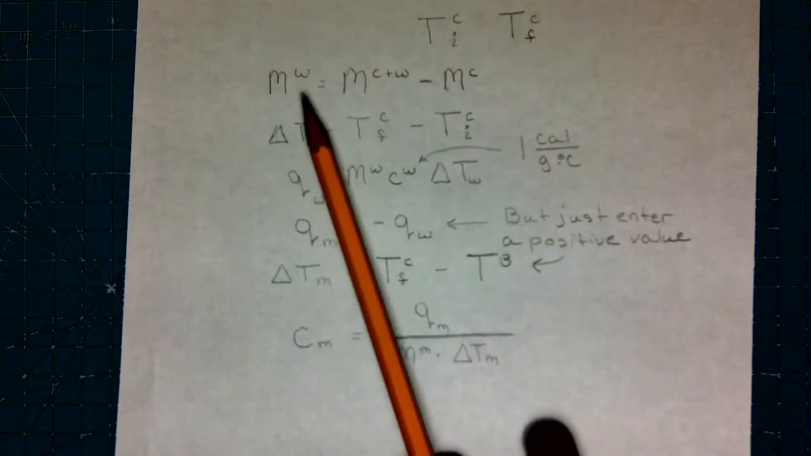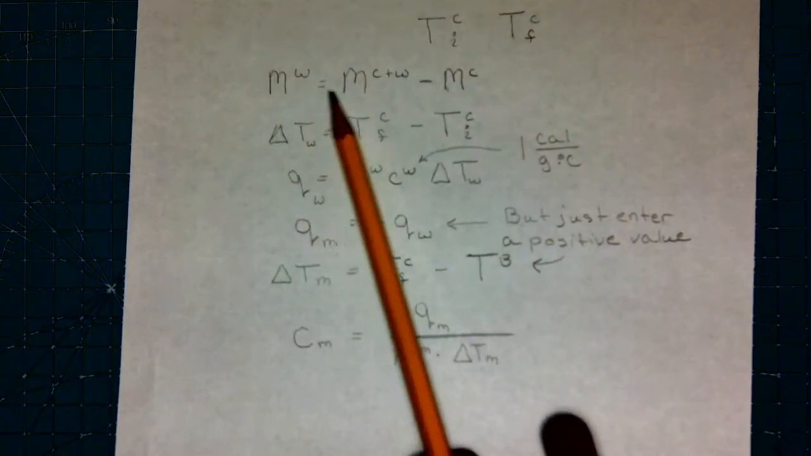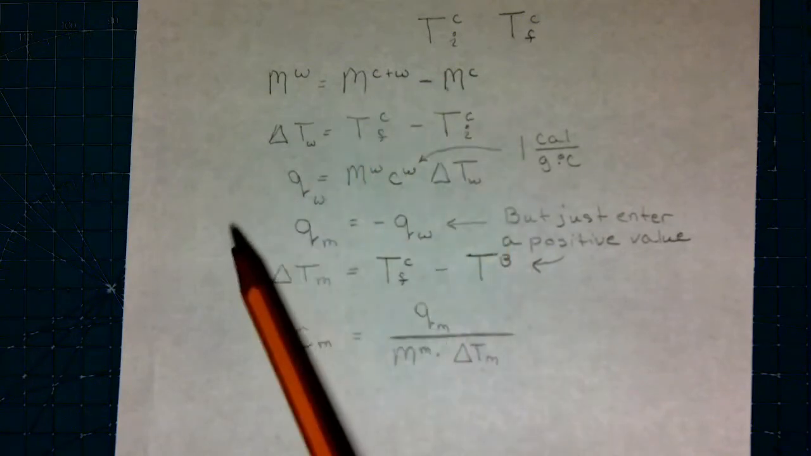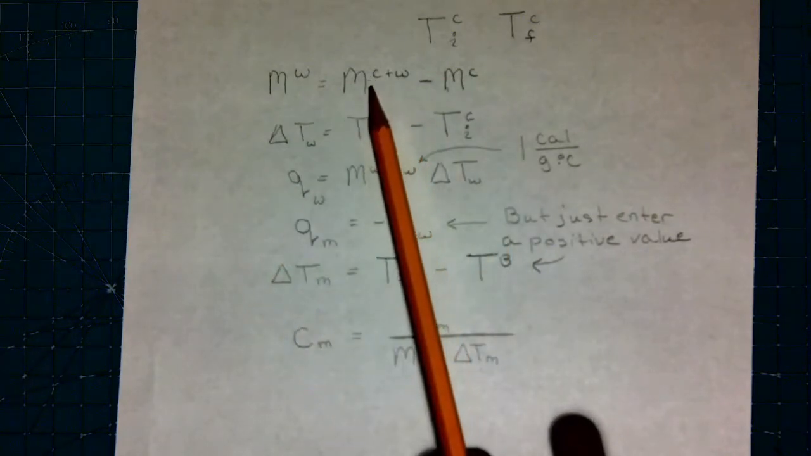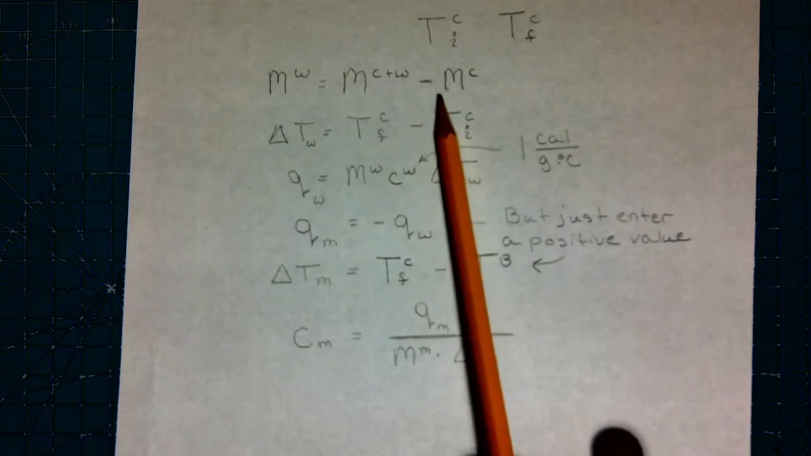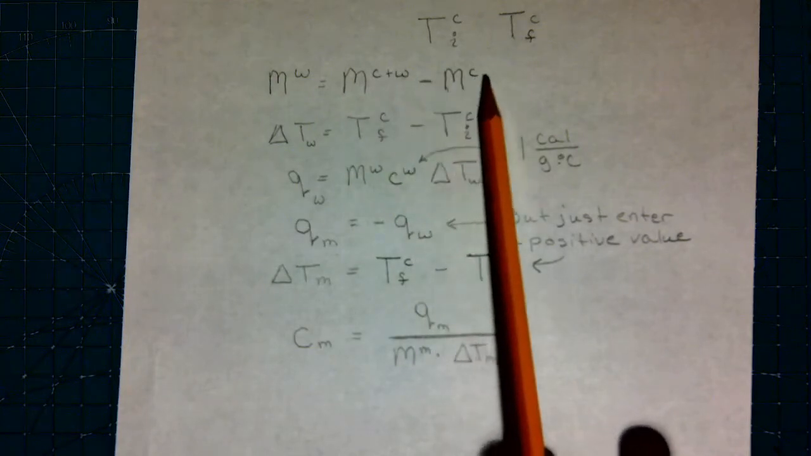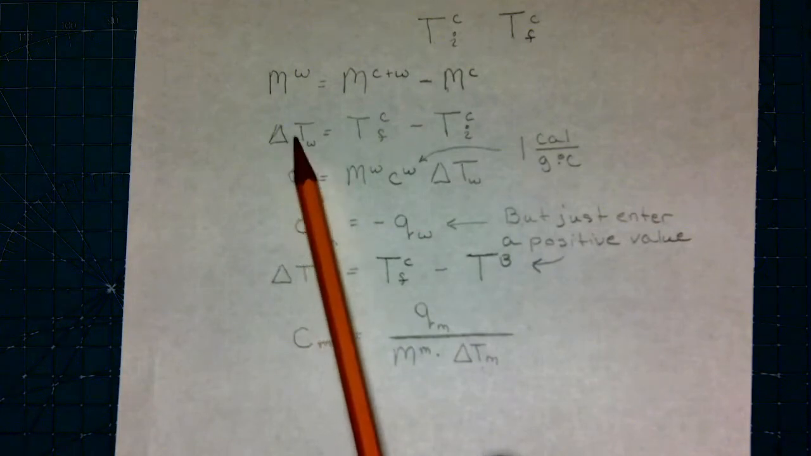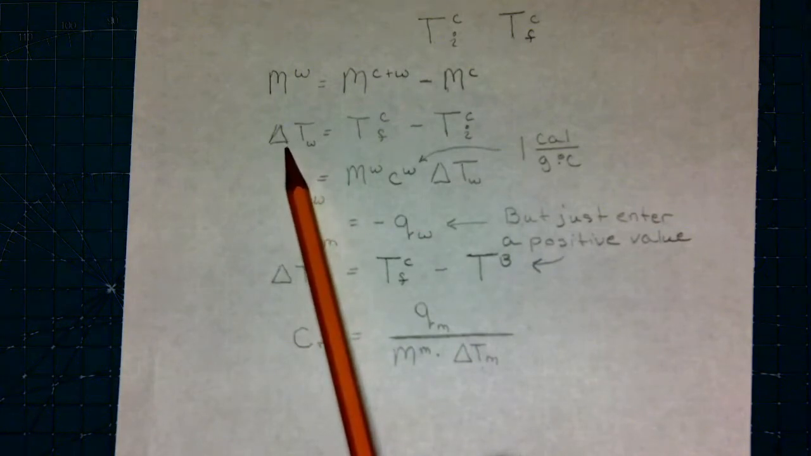First thing we're going to be asked for is going to be the mass of the water, and this is just our weighing by difference that we've seen quite a bit so far. We're going to take the mass of the calorimeter and the water, and we're going to subtract out the mass of the calorimeter. The next question that we're going to be asked is going to be for the temperature change